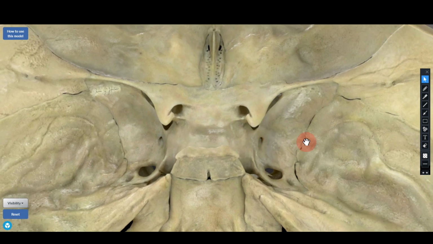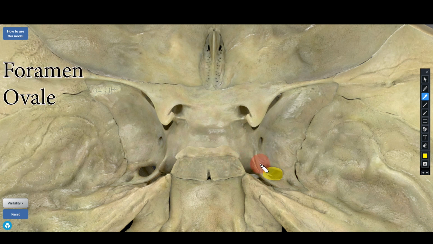Now, the next very important foramen, very commonly asked in many examinations, including practical or MCQ examinations, is this. This is the foramen ovale. As you can see, it is an oval foramen, unlike this one, which is a round foramen. Now, what are the structures that run through the foramen ovale? It is a very famous mnemonic,